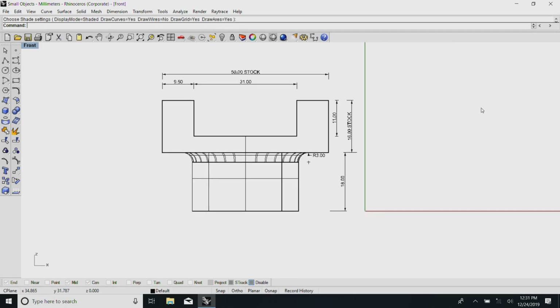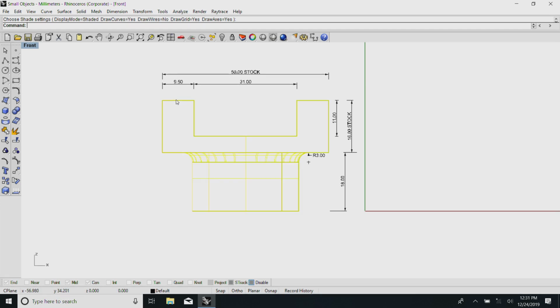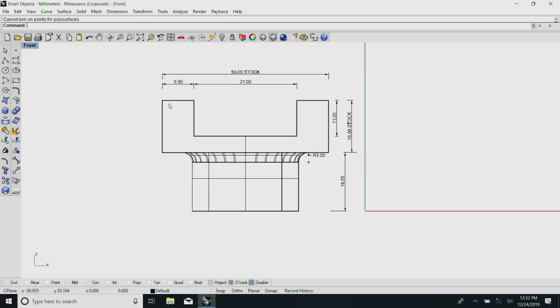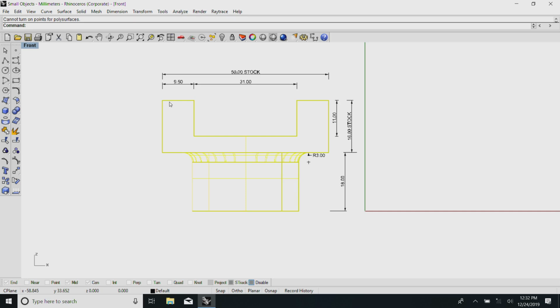Why I have started with this is, let me go back to, let us say I need to modify something here. This has been a 3D solid as I have told you earlier.